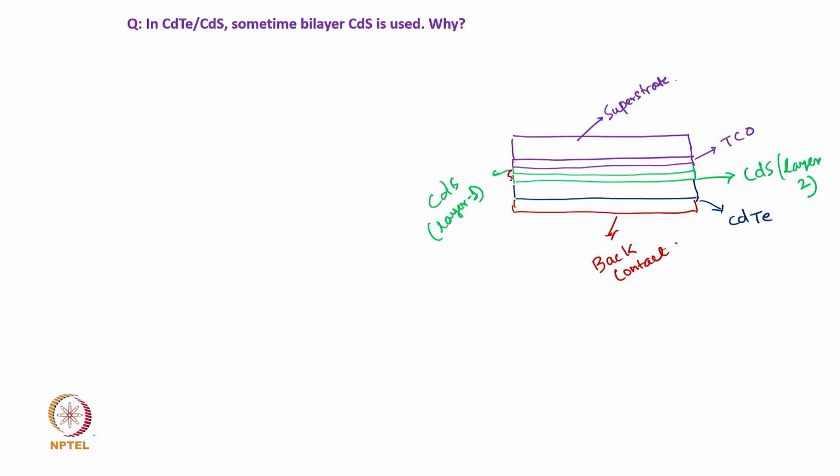Now, the question is why two layers of CdS, or bilayer CdS, are sometimes used, but you do not change the thickness much, keeping the thickness at approximately 80 nanometer. So, it is thin. So, there is a lot of transmittance of photons when it comes to the solar cell, because it is quite thin, in the 50 to 80 nanometer range. But with this advantage, when we grow two CdS layers, what has actually been seen is that it makes a very good continuous layer.